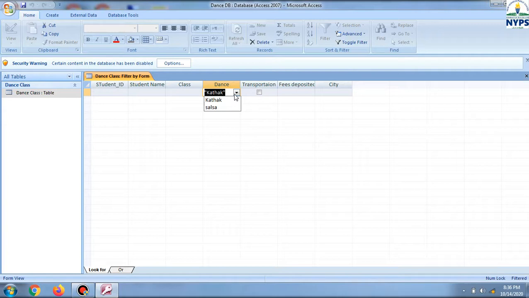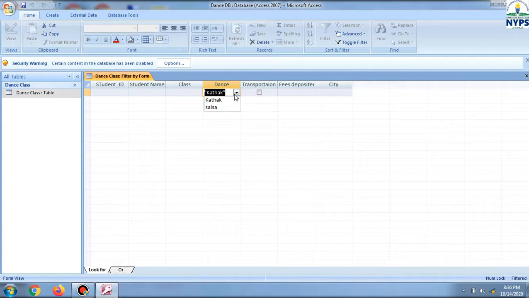So in filter by form, what will happen? Filtering by form enables us to filter by multiple fields and specify criteria for as many fields as we like. So here we can combine the criteria by using AND or OR options. In AND, both the options will be selected, while in OR, either of the options will be selected.